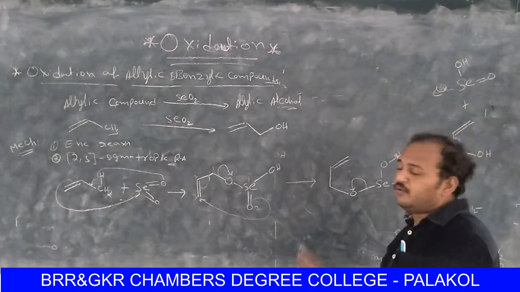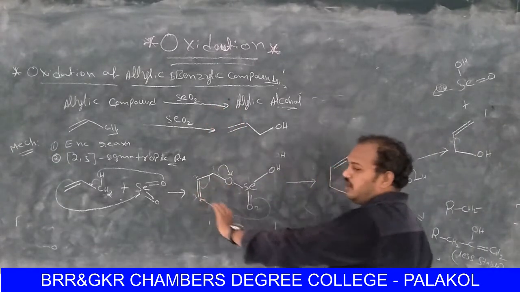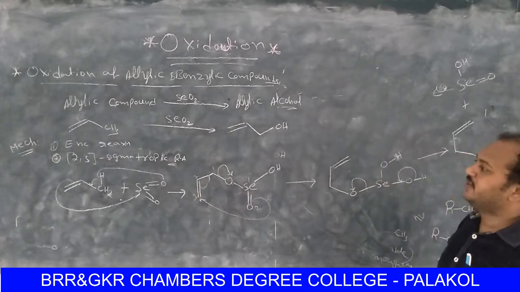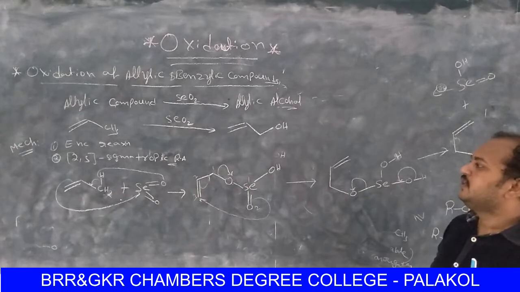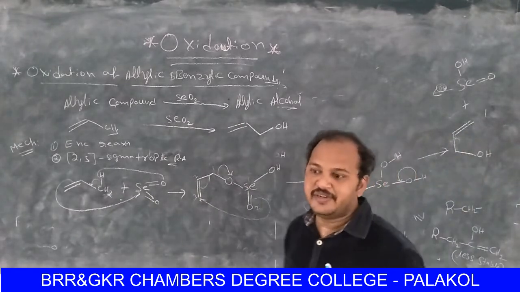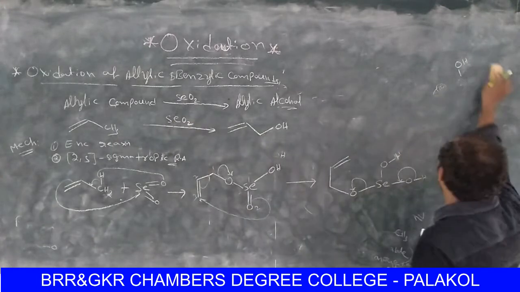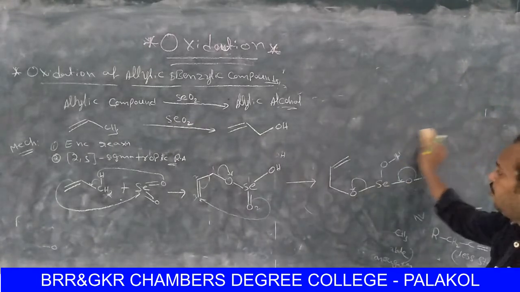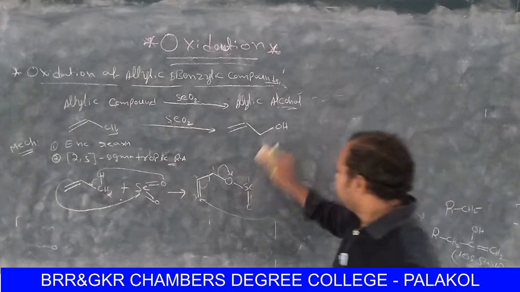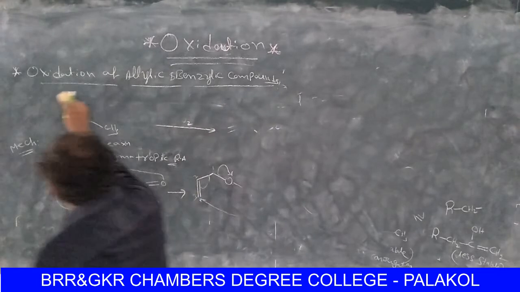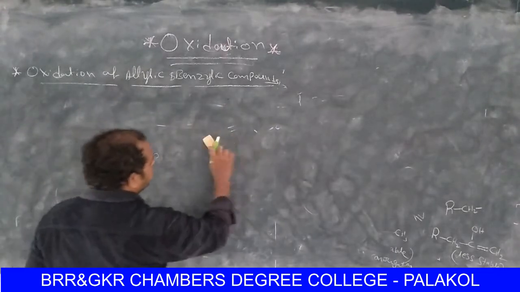In the same manner, not only allylic compounds, even if you take benzylic compounds, those compounds are also involved in the same mechanism, right? Let us see some examples here. One more point we need to remember: suppose you want to oxidize allylic compounds with different substituents, then we need to follow some rules, right? Let us see what rules we need to follow in the oxidation of allylic compounds.